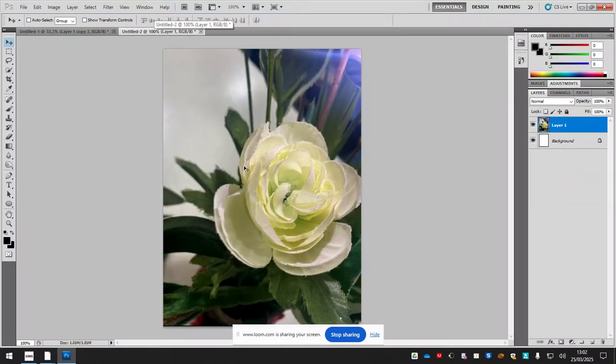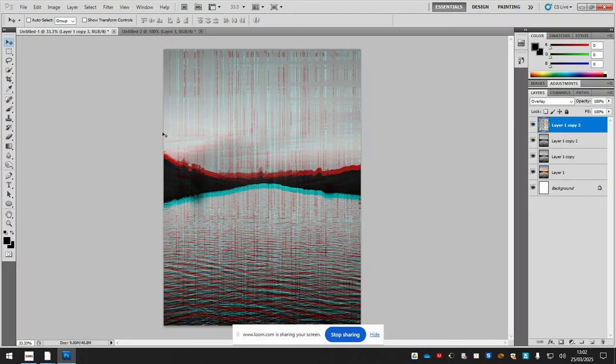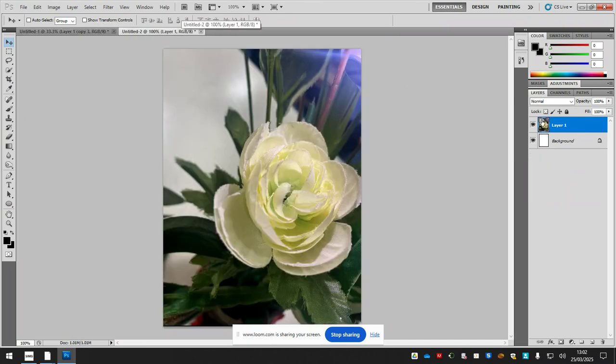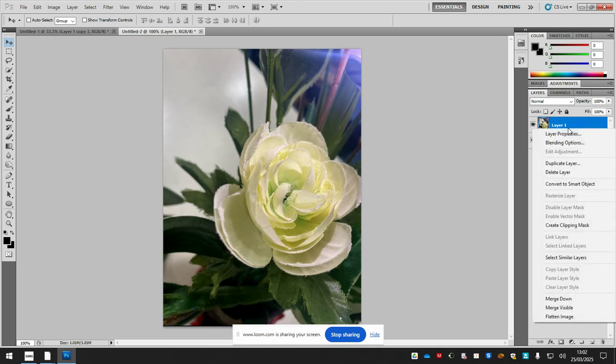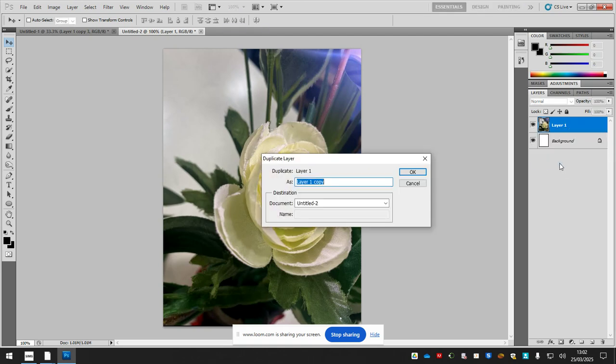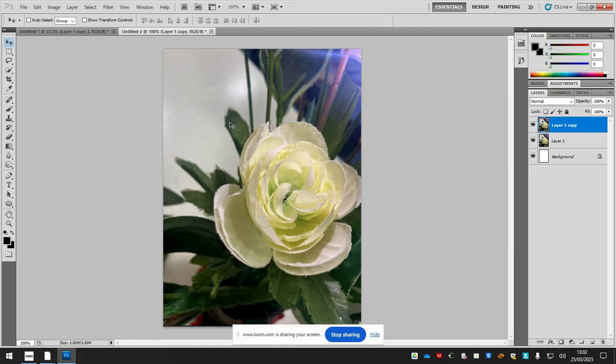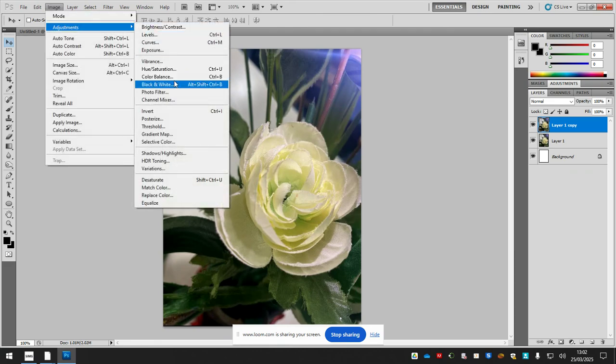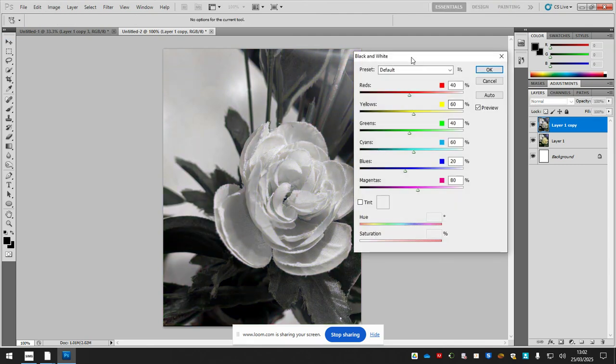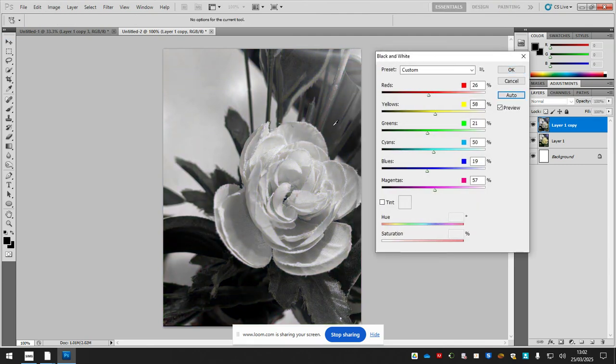Hi, I'm going to show you how to do a glitch edit in Photoshop, which looks a little bit like this. So the first thing you need to do is open your picture, and then you can duplicate your layer. It's OK, and you want to make it black and white. So you go to Image, Adjustments, Black and White, and then just click Auto on this and it'll enhance the